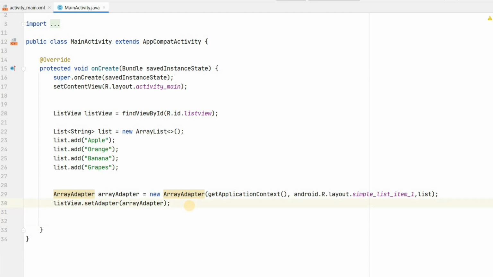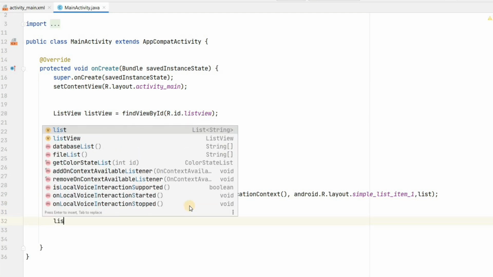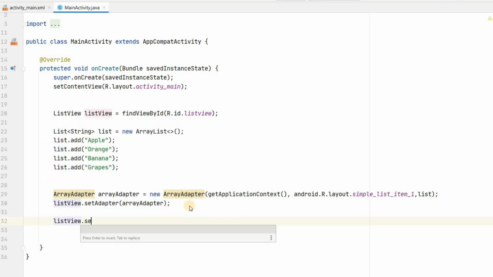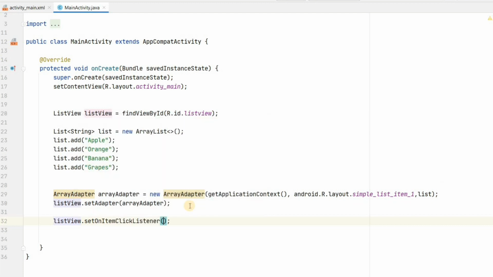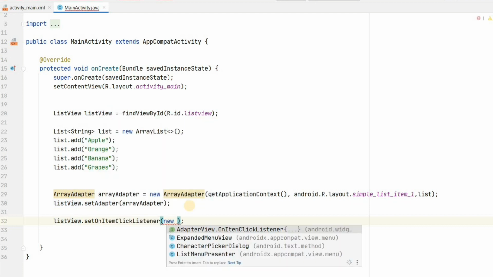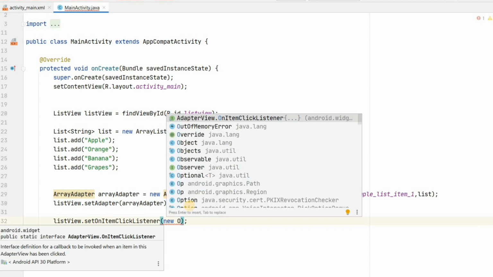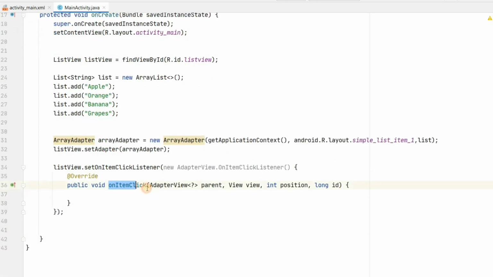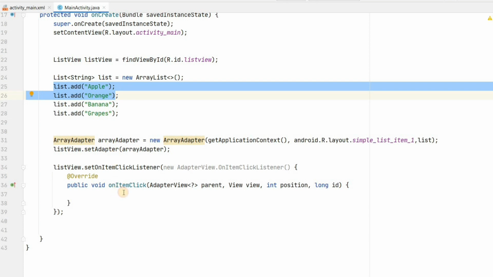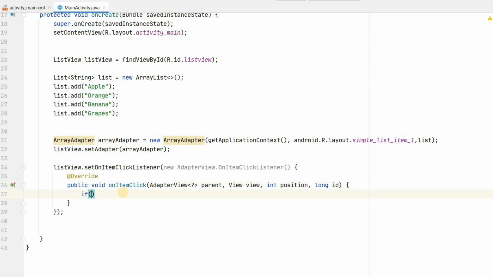So to set on click listener, you need to set to list view dot setOnItemClickListener. So click on item click listener, new OnItemClickListener, enter. So we have the method onItemClick over here. In this way we can get the item. So we have the position over here. With the help of position we can get the position of the clicked item. Let's test that. If position equals to 0,